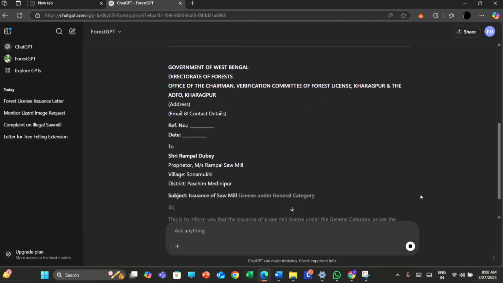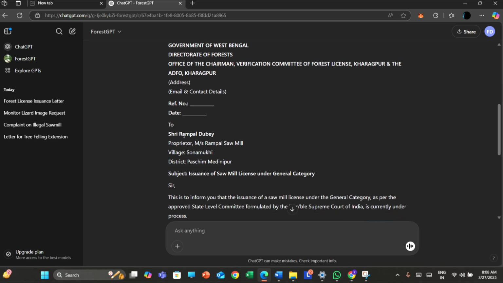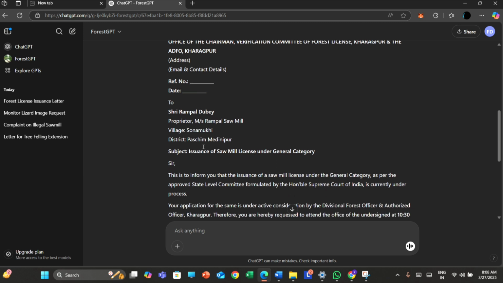Letterhead, email and contacts, reference number, date. You will just copy paste it into your Word. To Rampal Dubey, proprietor M/S Rampal Sawmill. Subject: issuance of sawmill license under general category. Now you can omit this portion when you copy paste in your Word document.